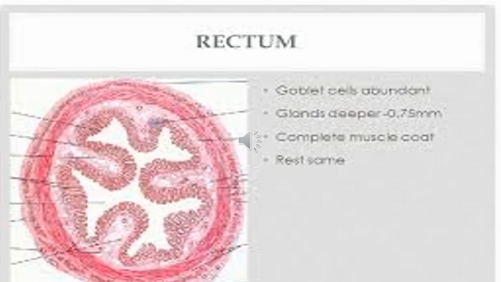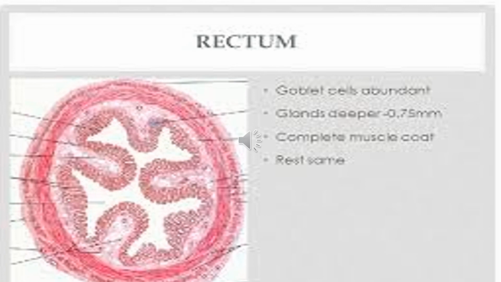So this is the microscopic picture of the rectum. You can see that in the epithelium there are columnar cells and goblet cells in the ratio of 1:1, and the crypts of Lieberkühn are very few but they are deeper. Then you can see the muscularis mucosae, and then the submucosa, and the muscularis externa is arranged in the form of inner circular and outer longitudinal layers, while the outermost layer is adventitia, that is, loose connective tissue, with a few blood vessels that can be seen.